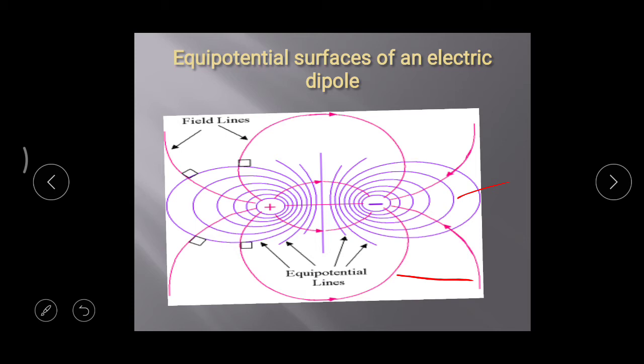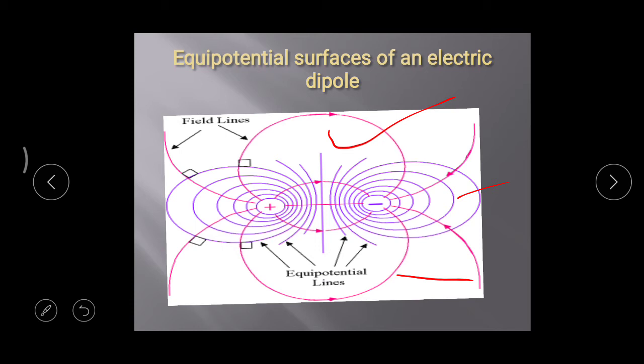and just in between the charges a surface is obtained which is perpendicular to the direction of electric field here, and at this surface the potential of all points is zero, since potential of positive charge is positive here and negative charge is negative and same in magnitude, so these cancel each other or their effect is zero, so we get a surface that is shown here at which potential is zero, and other surfaces are shown in the figure.